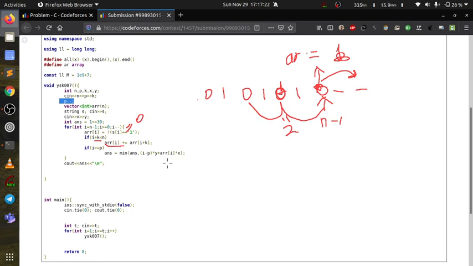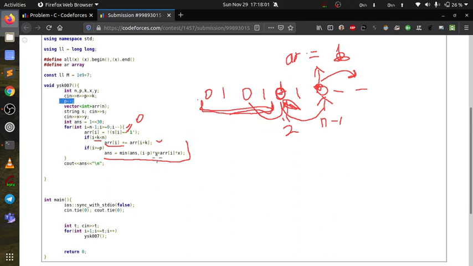The main thing I am doing in this problem is this. This is the main part, the actual dynamic programming. What I am doing here is, suppose I am at this position, I can delete all these elements, all the previous elements.